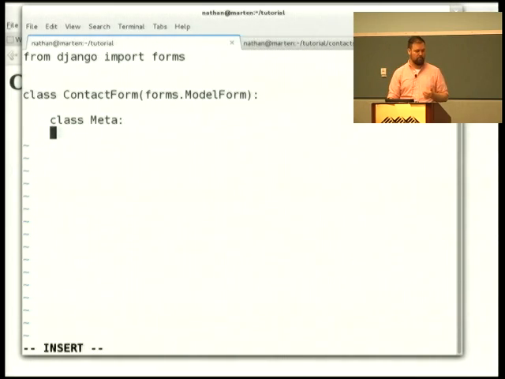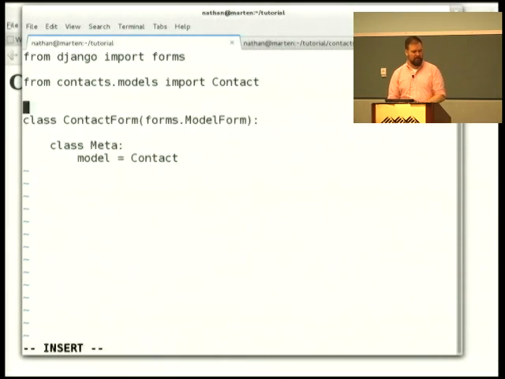Here we're going to use it to tell it what model we're making a form for. So at this point, this form is basically exactly like the one Django has been making for us. If we save this,